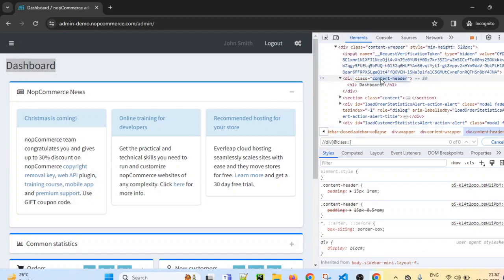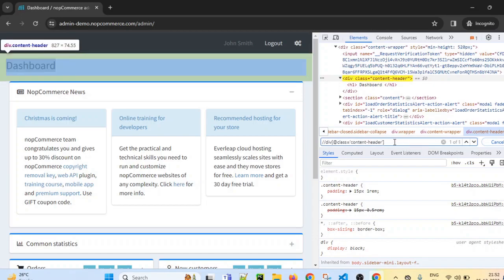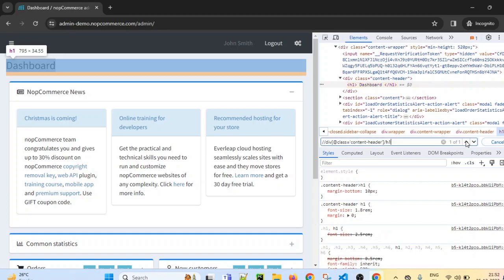Content hyphen header. That is the class name. I am just writing the XPath. So if you see, when you pass this much, it is identifying it. But let's add hyphen h1 as well. So it will locate that specific element. And we want to fetch the text from it. So I will just use this XPath.